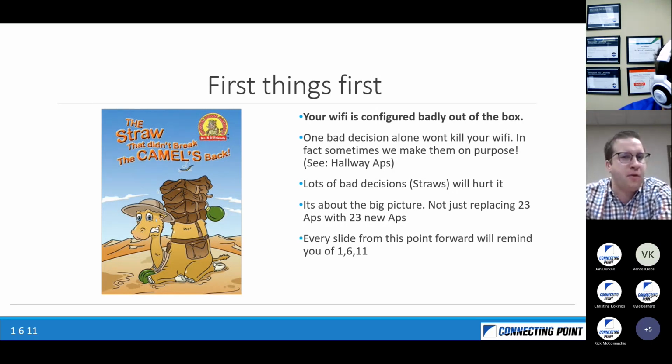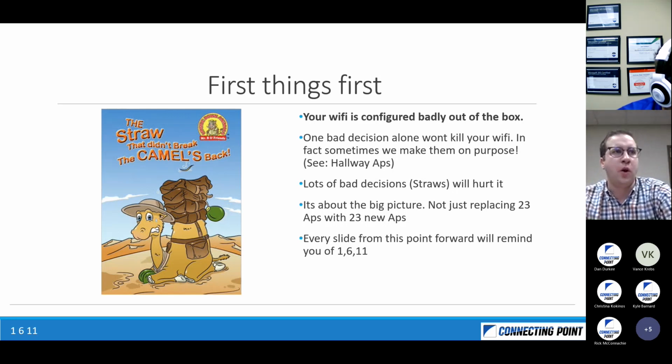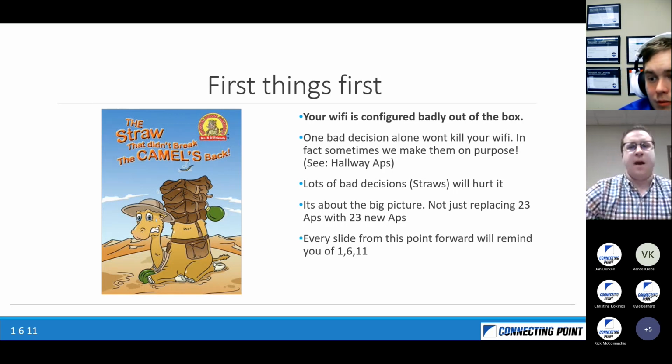While these systems are incredibly robust and can put up with a lot of abuse, at the end of the day, when you've got 50, 60, 70, 80 clients on a single access point in your building, you need to give it every chance you can to succeed. It's crazy to me when we come into a school and they say this room has a performance issue on this day, and every time I open my laptop and look, it's just under a heavy load, and they haven't given it a chance to handle these situations well. So that being said,